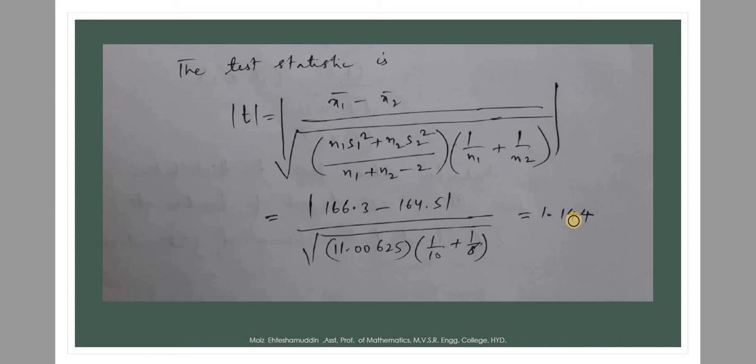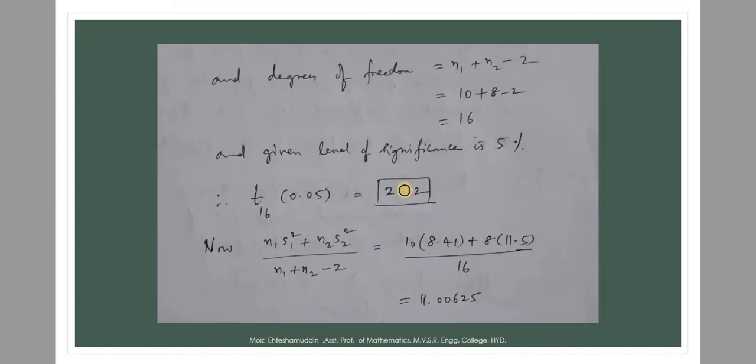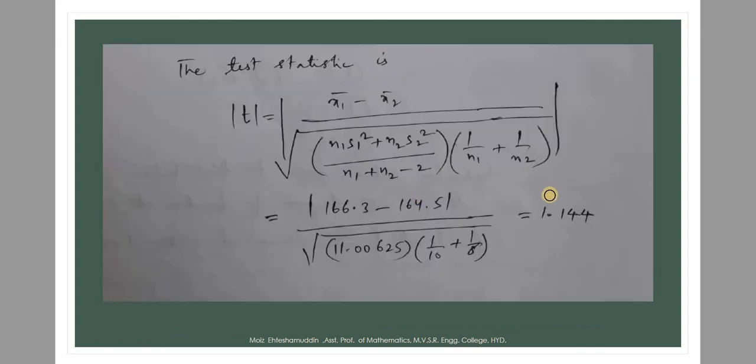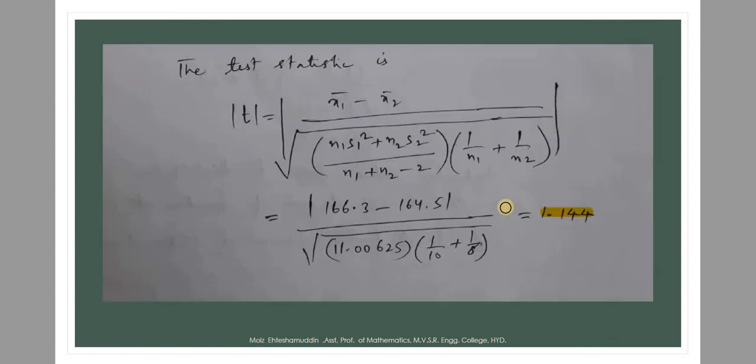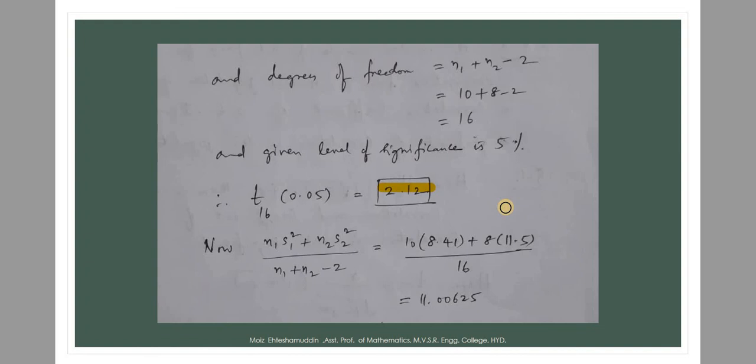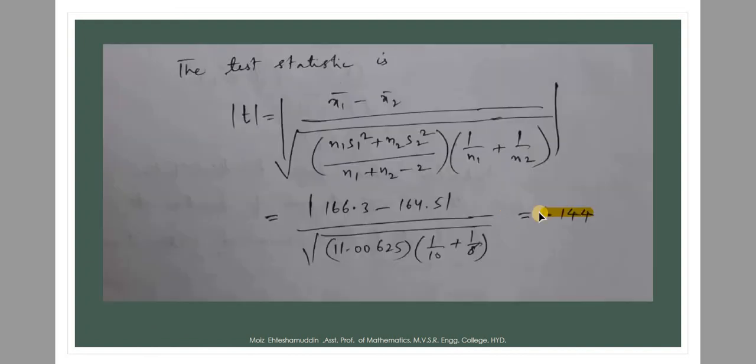This is the value of t which is calculated, and in the previous slide we have written just now here that 2.12. This is the critical value, and 1.144, okay, I'll highlight it. Now 2.12 is the tabular value, that is the critical value. 1.144 is the calculated value. Calculated value is less than